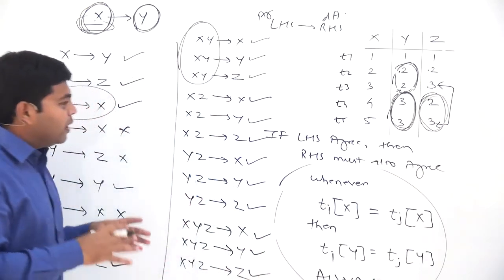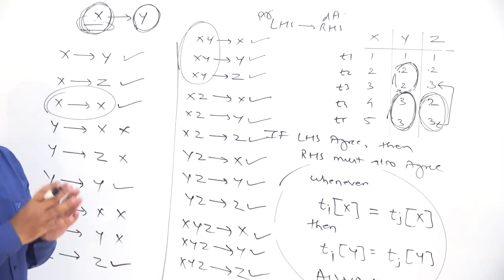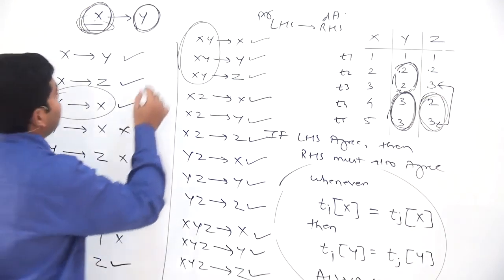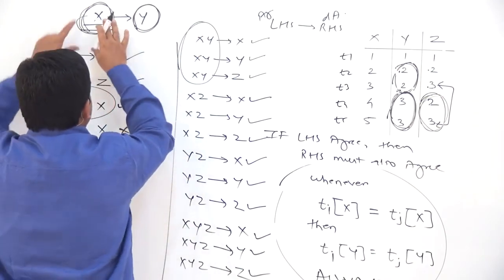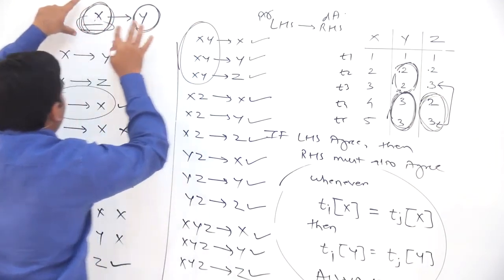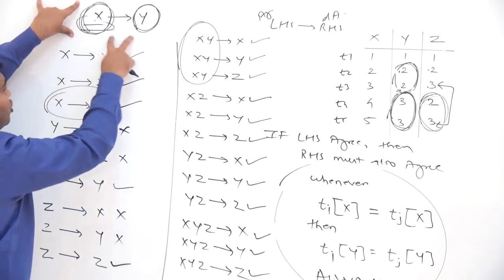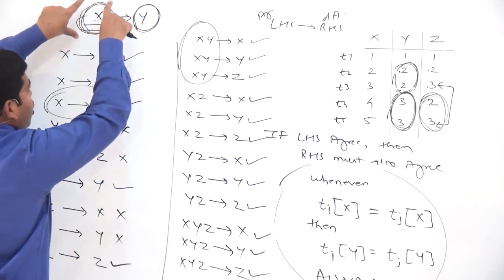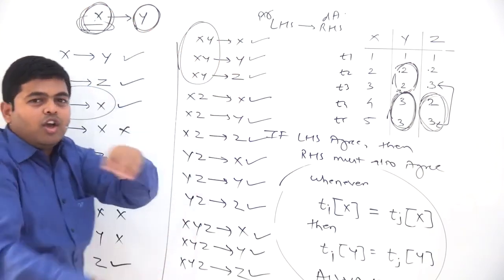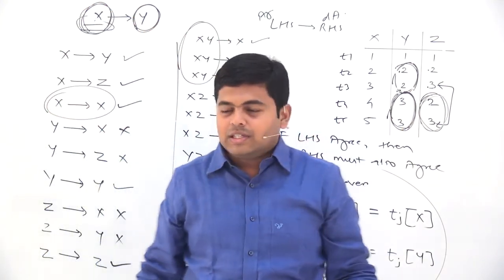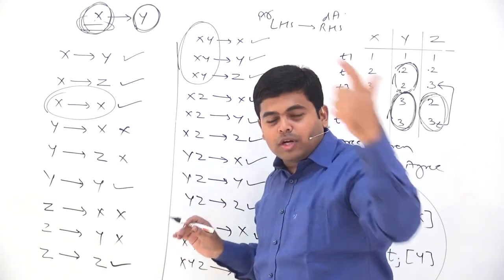So this particular concept is called functionally determines, and the concept is whenever X gives you the value of Y, it will be called as X functionally determines Y, and the meaning of X gives Y is that from the value of X you can get the value of Y always, always, always. So that's all about the concept of functional dependency.